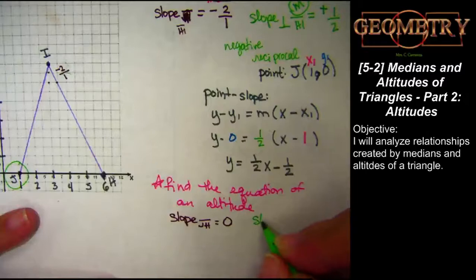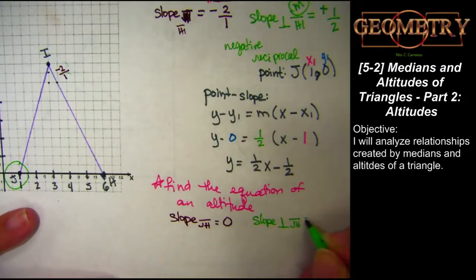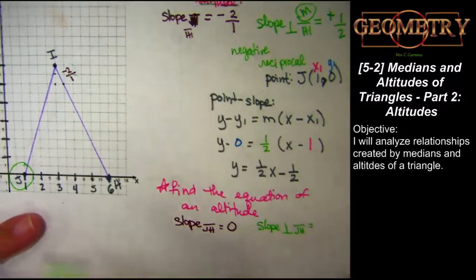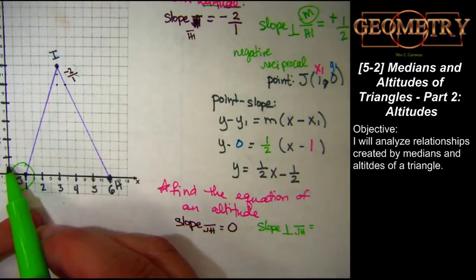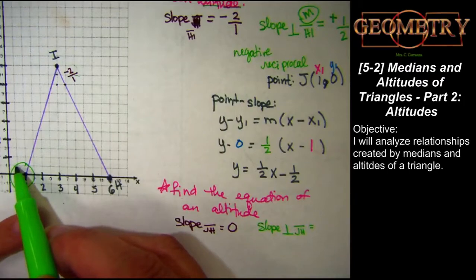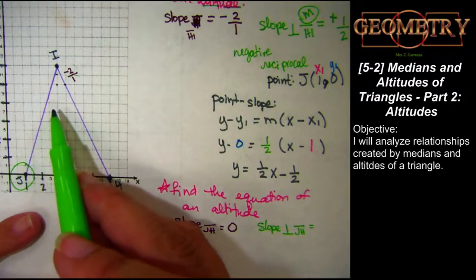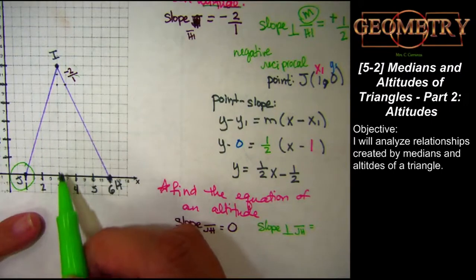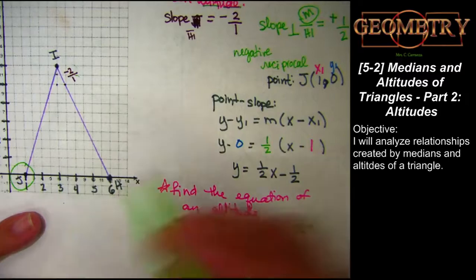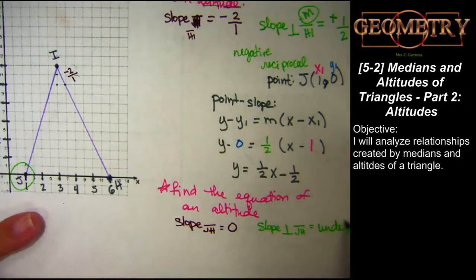What would be the slope of a line perpendicular to a horizontal line? Not 1, because 1 would have a rise of 1 and a run of 1. It would be some sort of diagonal. You want a vertical, straight up and down line. Undefined. It would be a slope undefined, which means